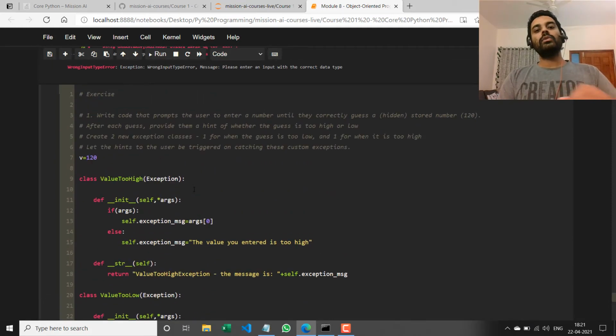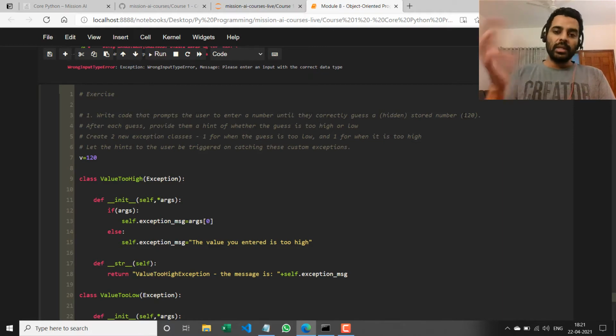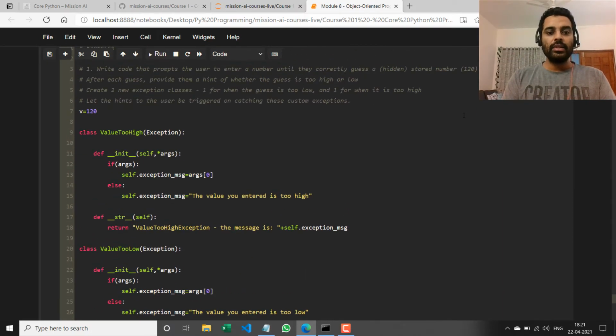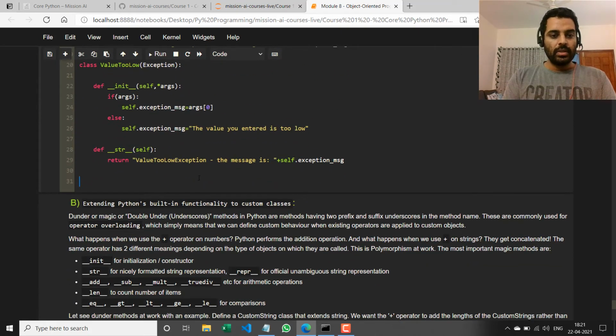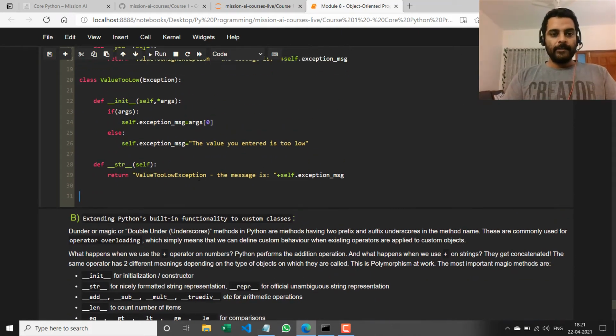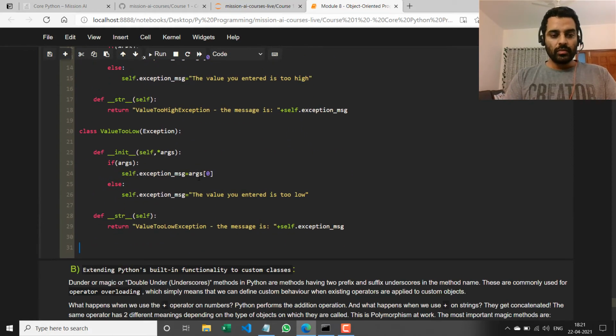And now we're going to throw this error, one of these two errors, every time the value is not equal to 120. And then on catching that error, we're going to print a custom message, right? To tell the user what to do next. So now I'm going to say, while true, right?